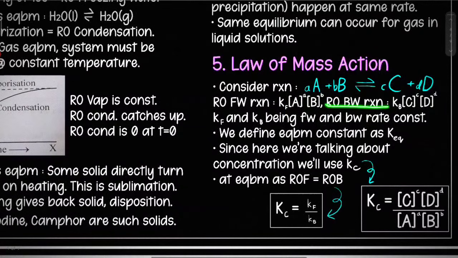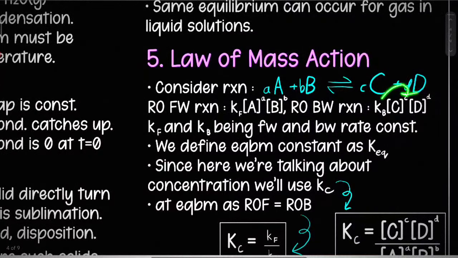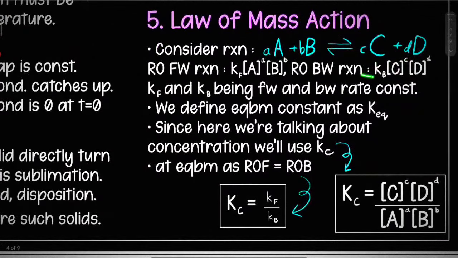The rate of the backward reaction is defined the same way: the rate constant of the backward reaction into the concentration of each reactant raised to its stoichiometric coefficient. Keep in mind these are small k's, because the capital K is used for the